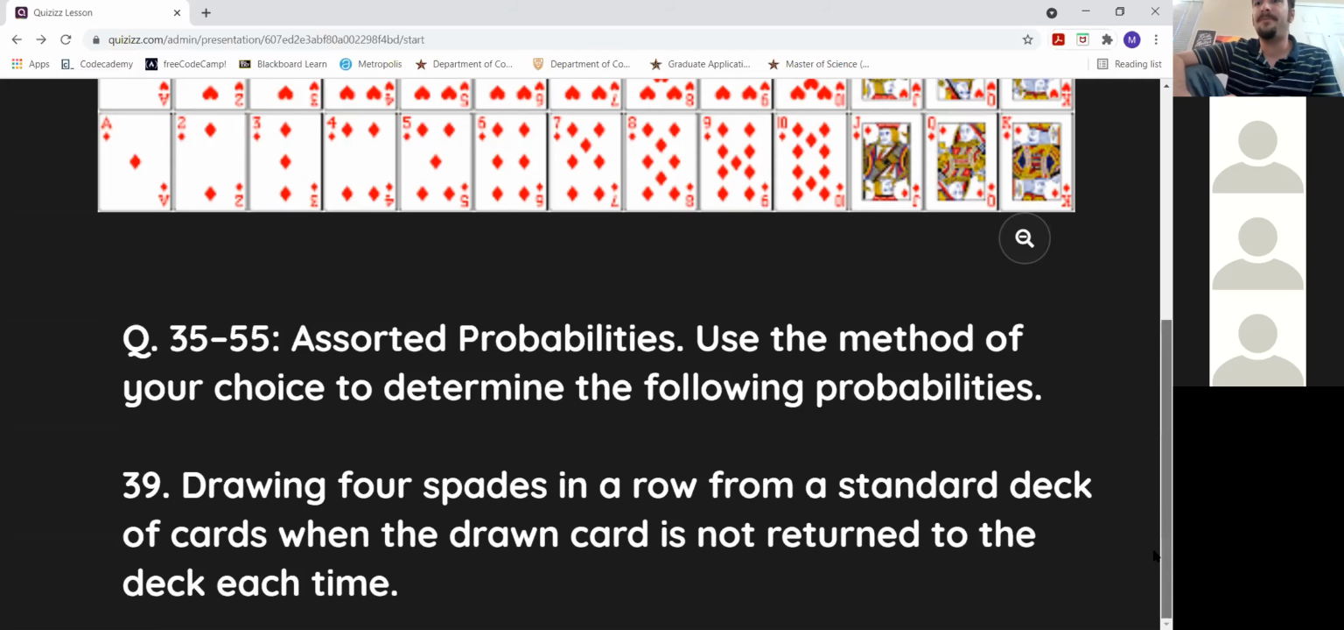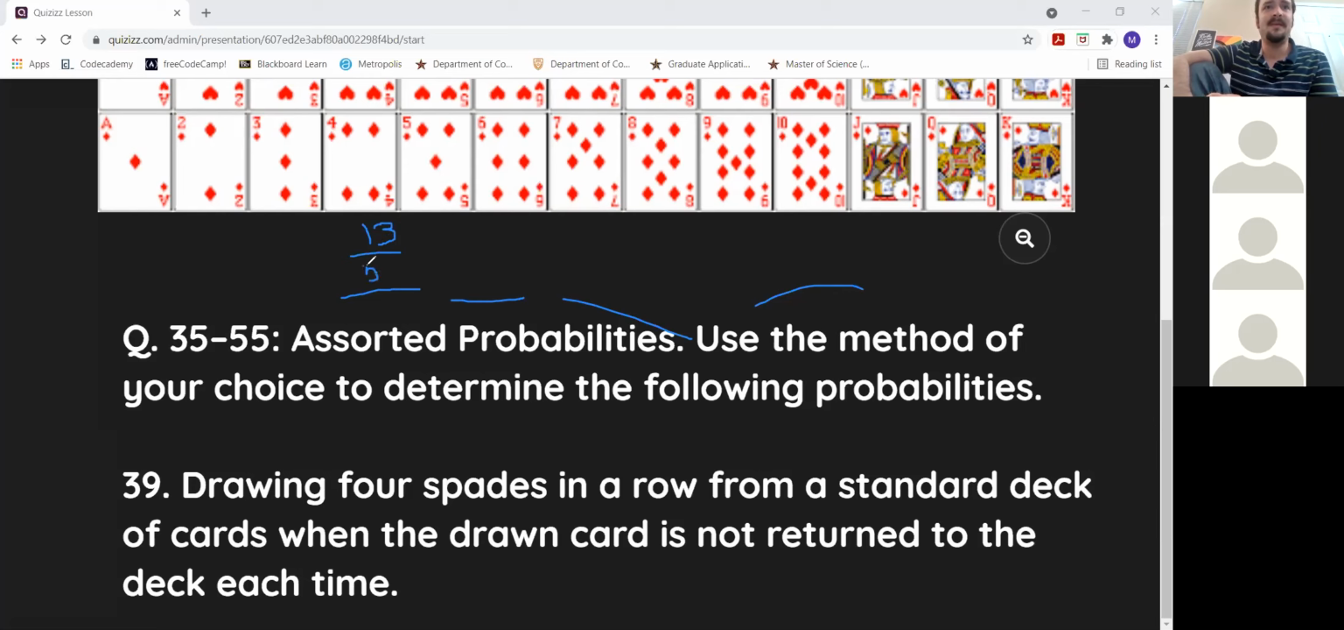So we want to draw 4 spades. So I want a spade, and I want a spade, and I want a spade, and I want a spade. So this is an and statement, although it didn't specifically state it. But I'm thinking spade, spade, spade, spade. I do have this broken down on the next slide. So if I want to draw 1 spade,